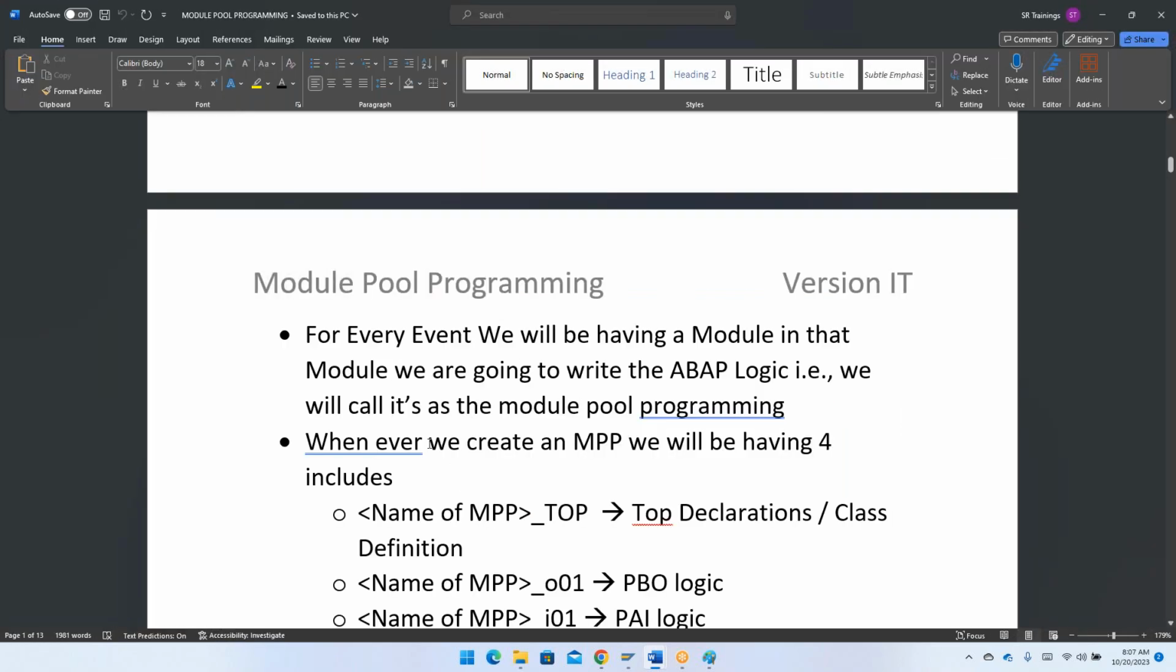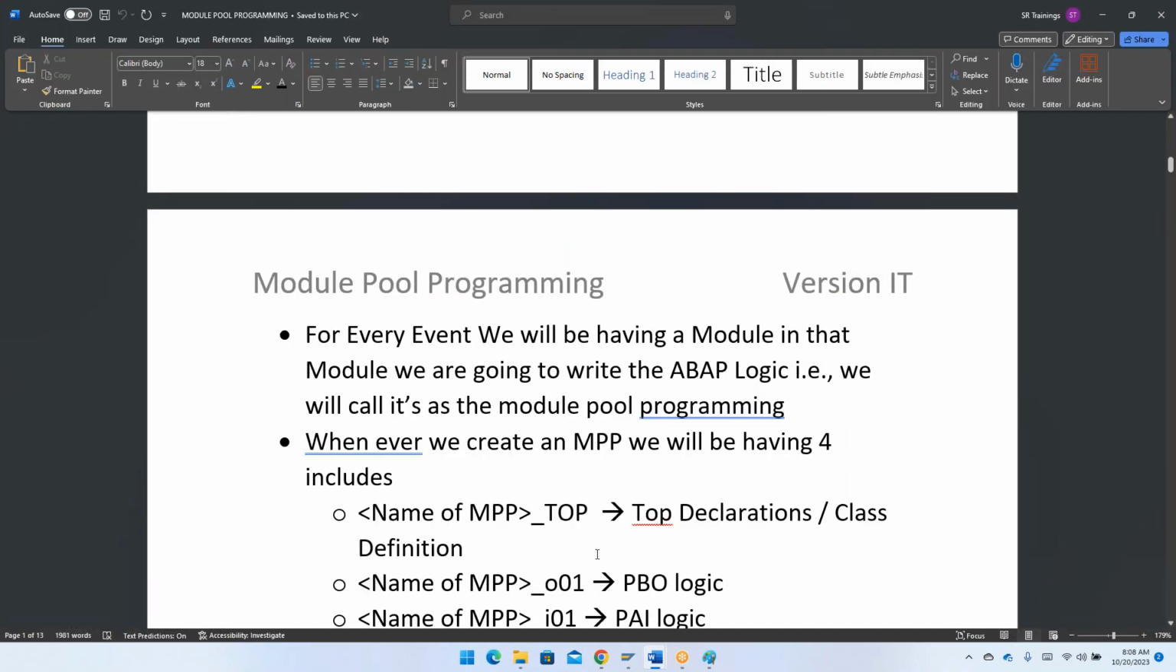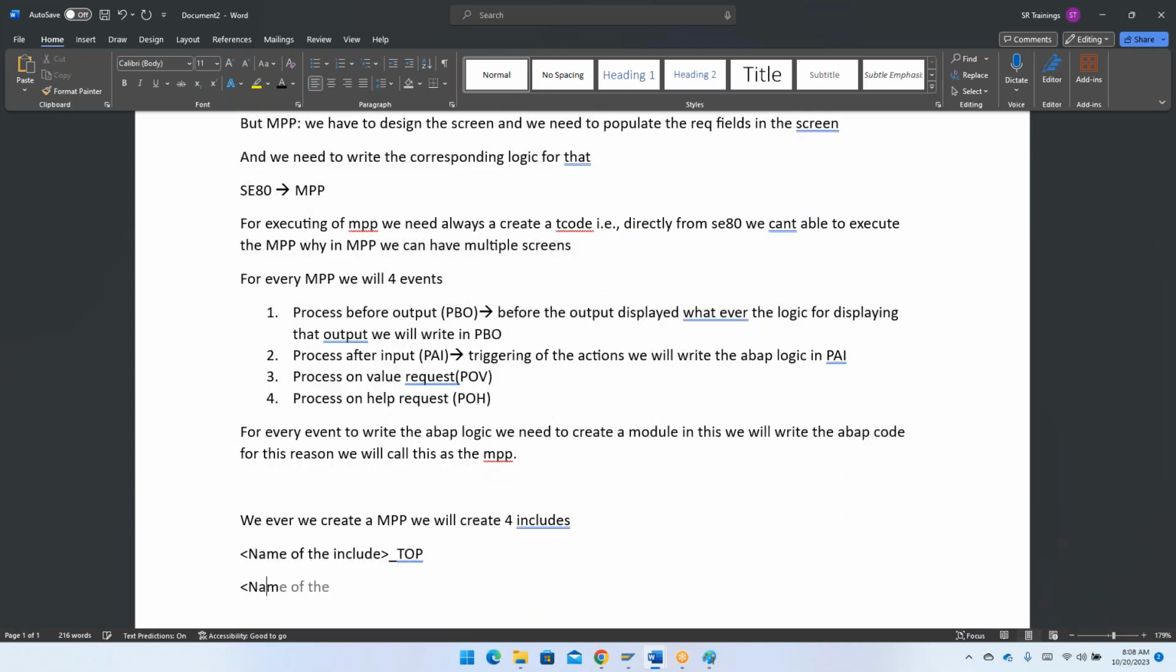So that's what I told you. Now, whenever we create a module pool program, SAP creates four includes. I told you about the include program. One is the name of the include with underscore TOP, your top declaration. The next one is the name of the include underscore